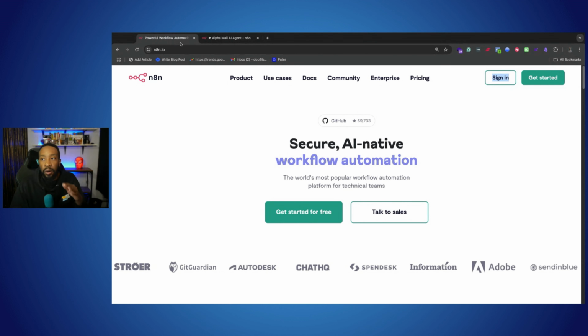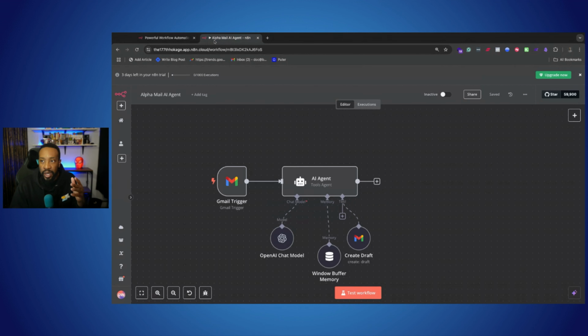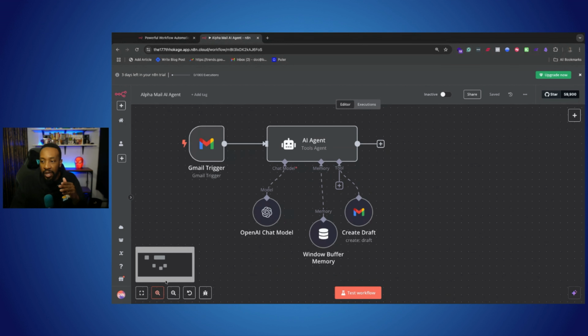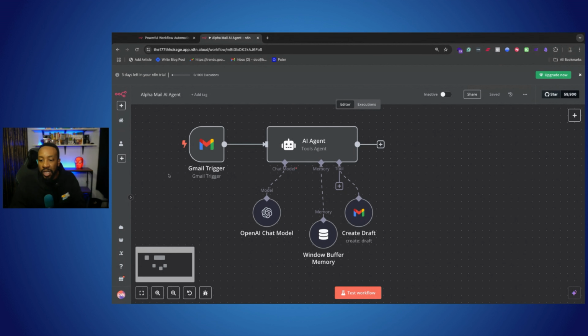Write down, what are you stressed about? What is causing you so much anxiety in your business? Now, we're going to reverse engineer and build this right here, but let's look at the key basics of what we're even looking at. What you're seeing here is a workflow of what the automation is going to do for